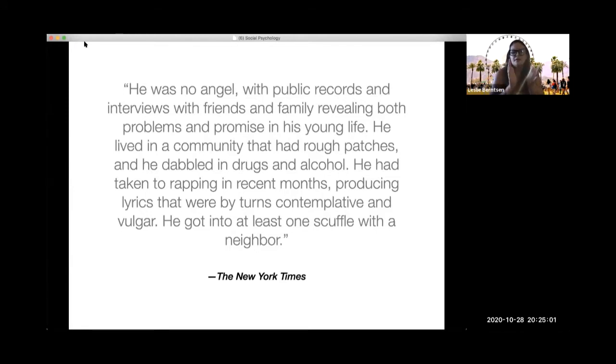So this is from the New York Times. I'm going to show you two examples. It's from the New York Times describing a person. And the New York Times wrote,